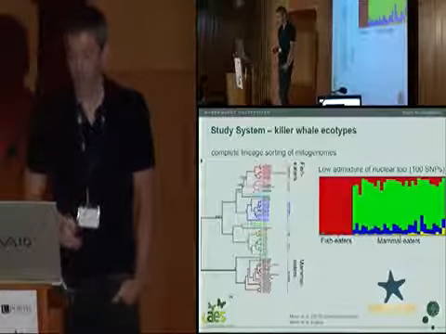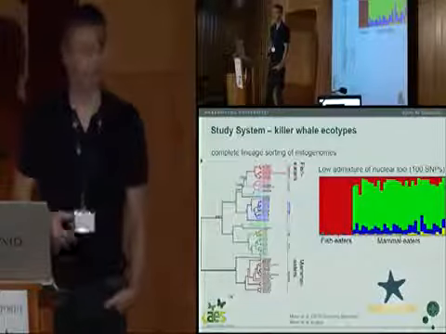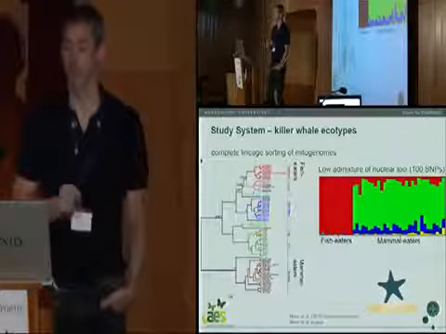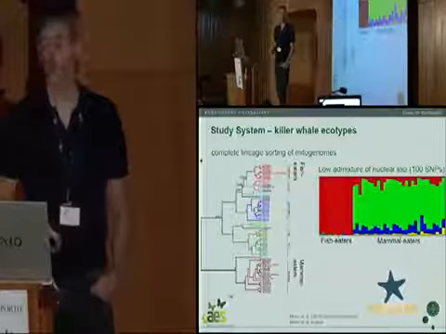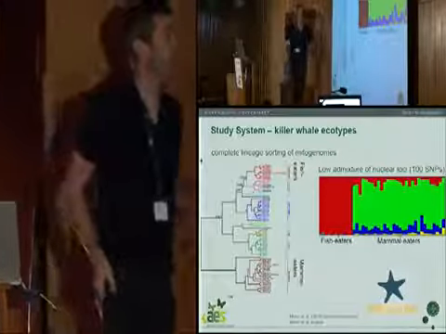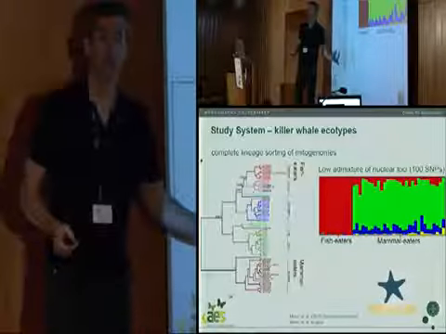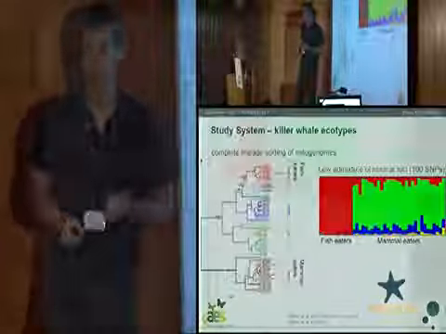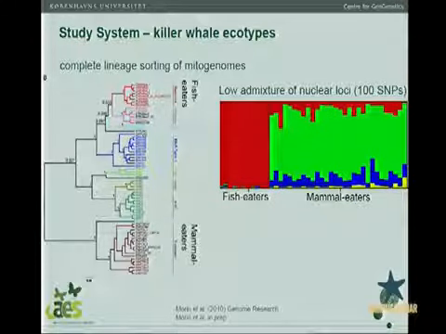Studies that myself and others have done suggest that there's reproductive isolation between these two forms, the mammal-eating and the fish-eating form in the North Pacific. So, for example, using complete mitochondrial genomes, there's complete lineage sorting, which suggests that there's either no dispersal or it's very, very limited and we're not detecting it. And also using nuclear markers, so microsatellites have been used in the past, and Phil Moran's just generated a data set